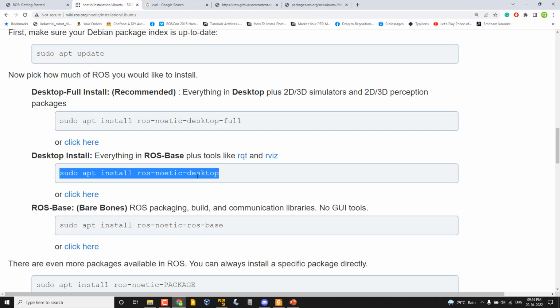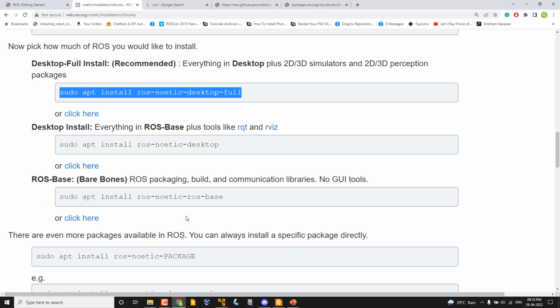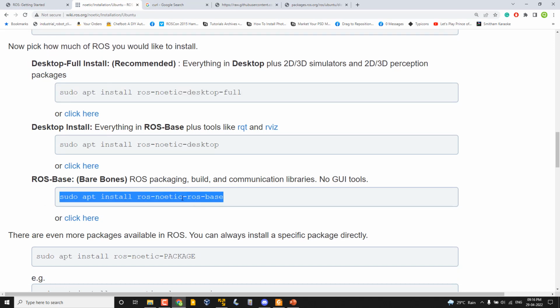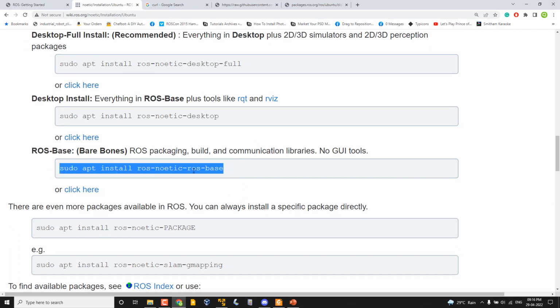The main difference in each option is that you don't need to install unwanted packages, so you can save space, especially when you work with limited storage in a Raspberry Pi. If you want to save space, you can just go with the exact packages. But if you have enough space, then obviously desktop full. And if you just want the core of ROS, that is the communication libraries, the basic part of ROS,